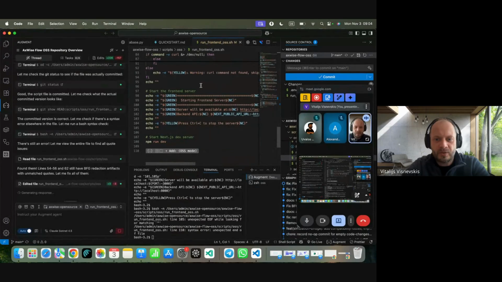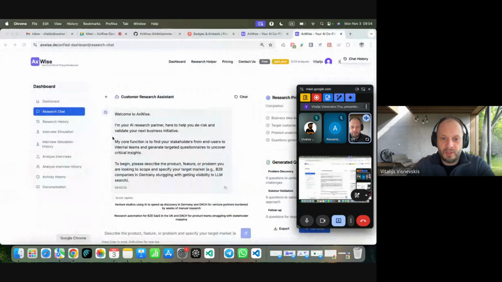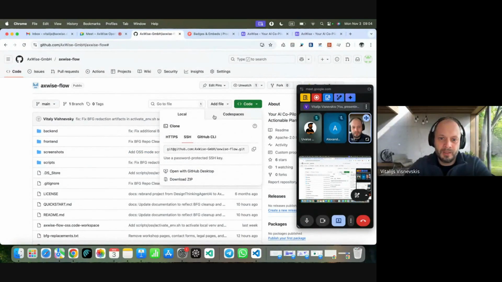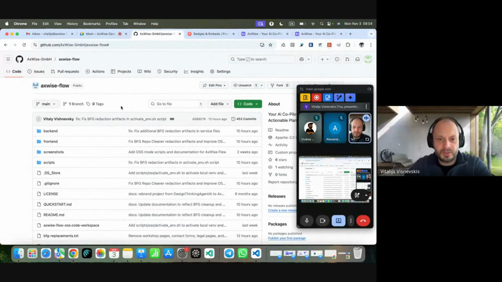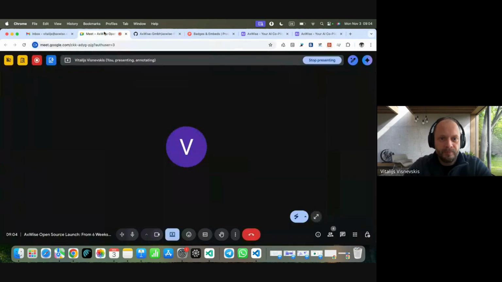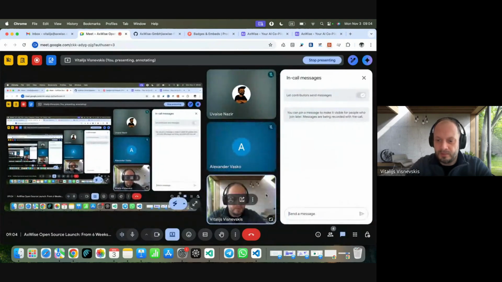I had scripts because when you have an open source version, you want to make sure that it can be installed easily. I was preparing this repository to ensure that none of the commits contain private data, keys, and so on.